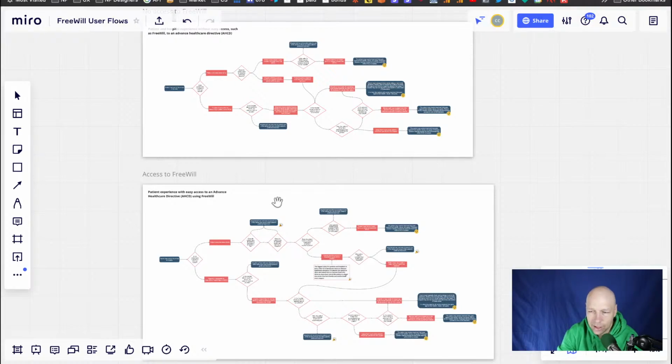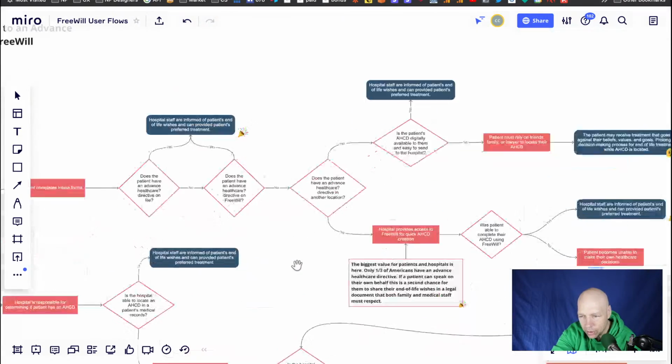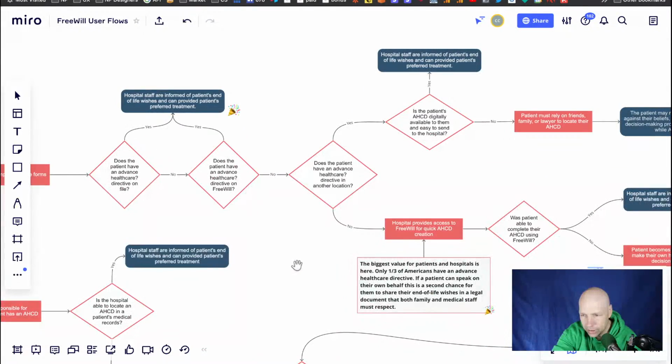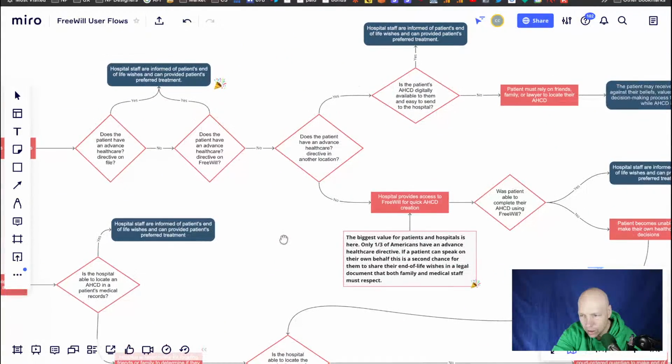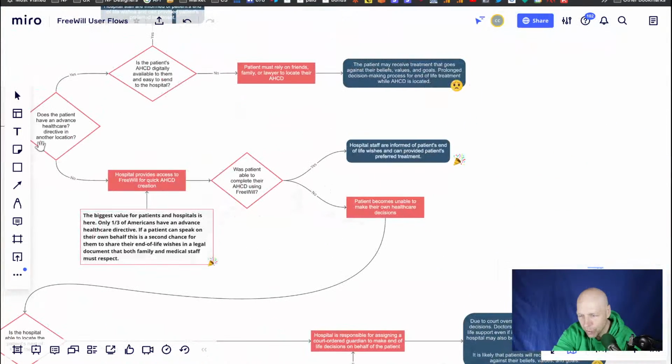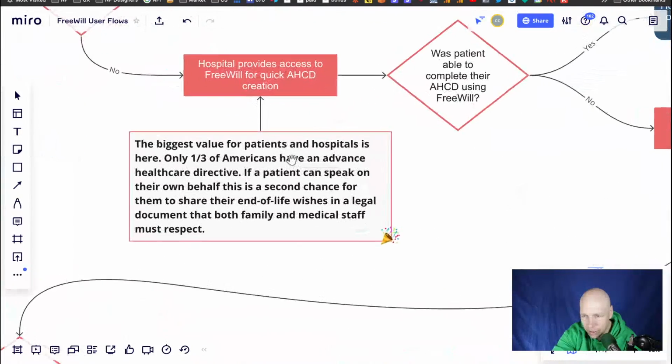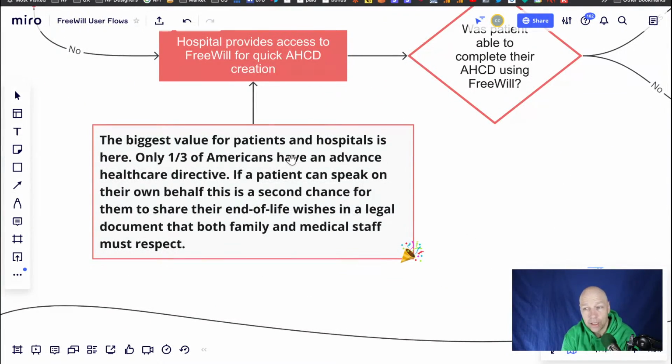And one of the things that I really love about how you put this together, Ruby, is you went through and you highlighted areas where the value, the happy path is, and where we have to make hard decisions. But you also keyed in on, hey, this is the biggest value to patients in hospitals. Like this right here, we're providing quick access to this healthcare directive